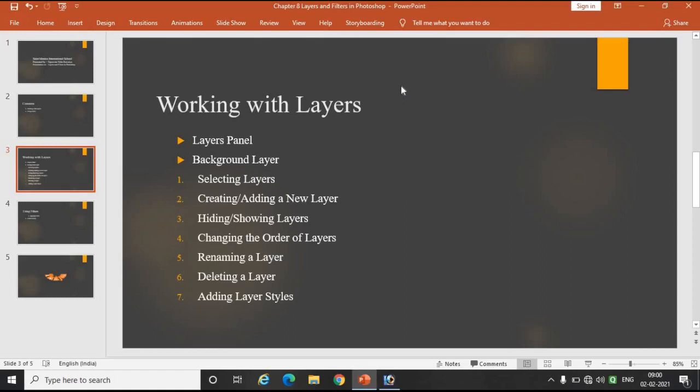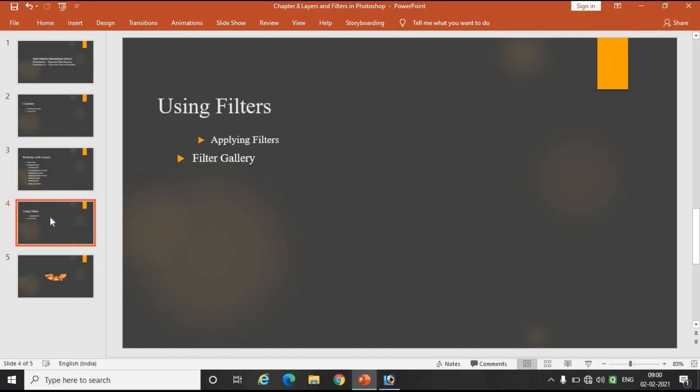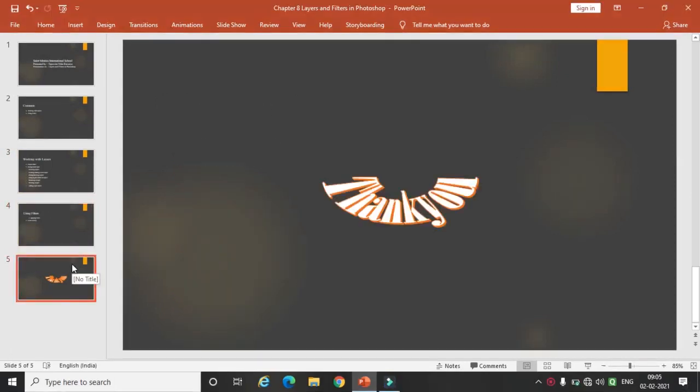Tomorrow I will complete it for 8 Azalea. And one point which is remaining is the filter gallery. It is not available for me, so I will explain it in class to you guys in detail. Okay, so guys, I hope that you understood every chapter, everything practically and in a proper way.